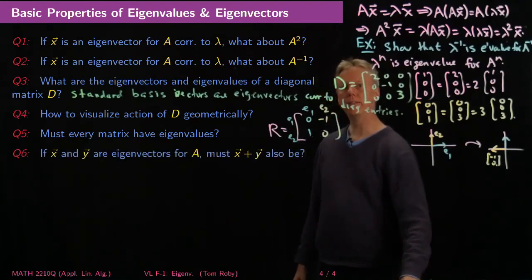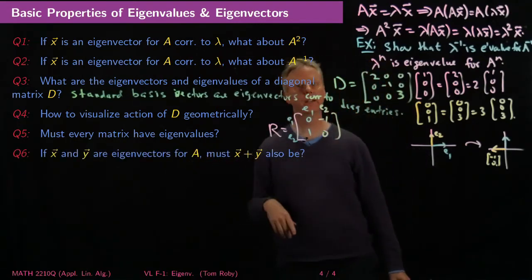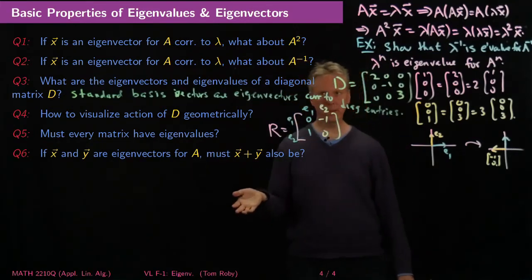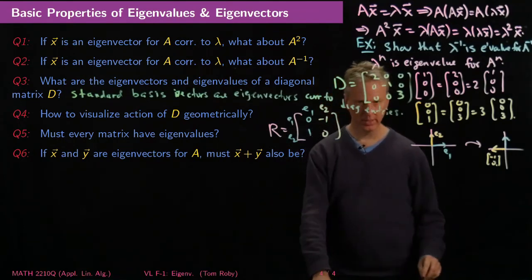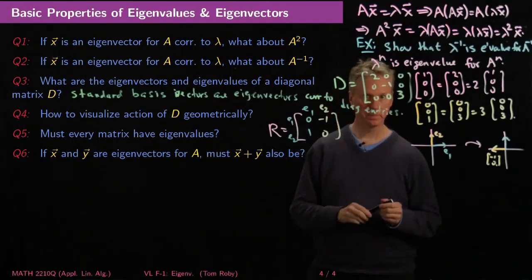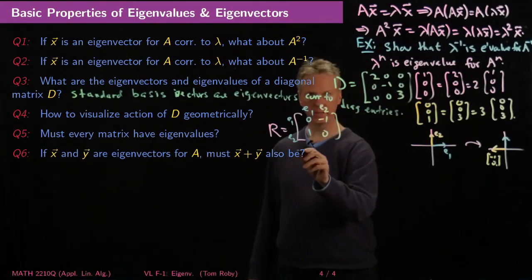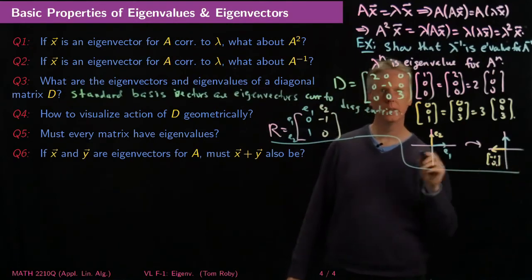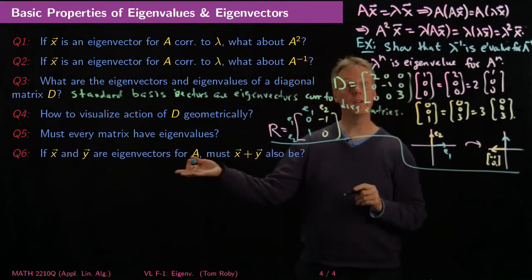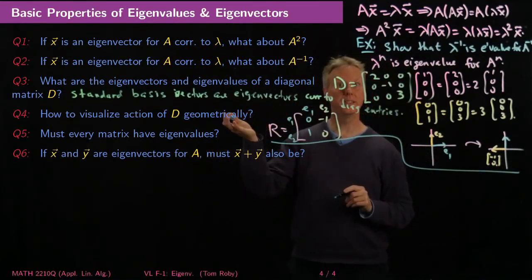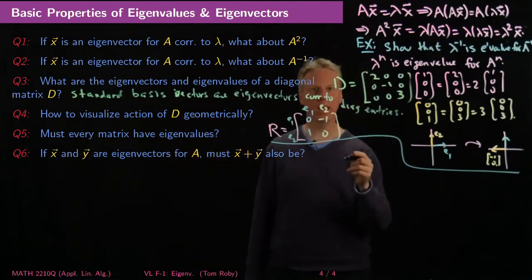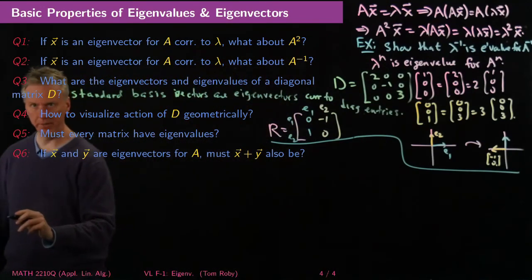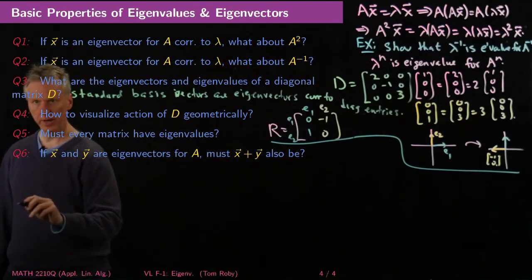Okay. If x and y are eigenvectors for A, does their sum also have to be an eigenvector? Now this is a bit of a trick question, so let me take you through it carefully. Suppose that x and y are eigenvectors corresponding to the same lambda. So if you assume it's the same lambda, then what you'll end up having is something as follows. Right, so if I know that